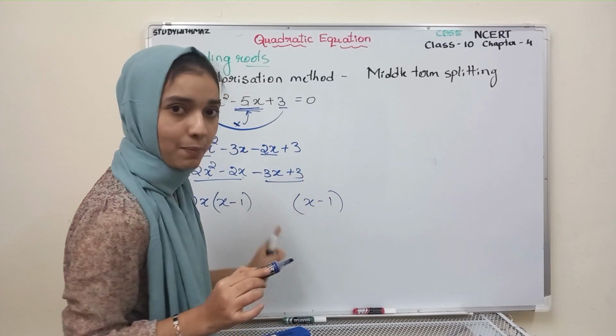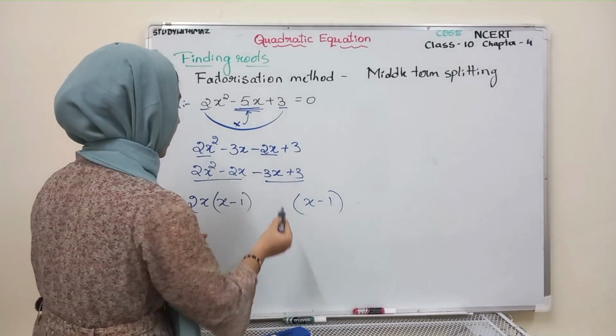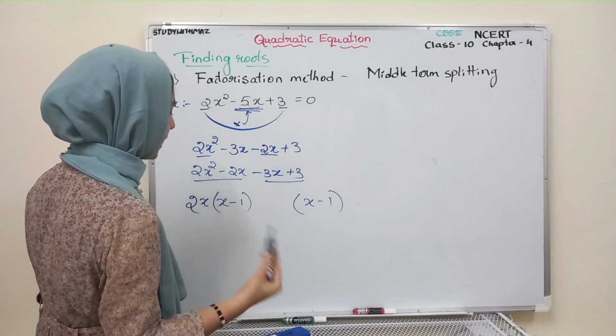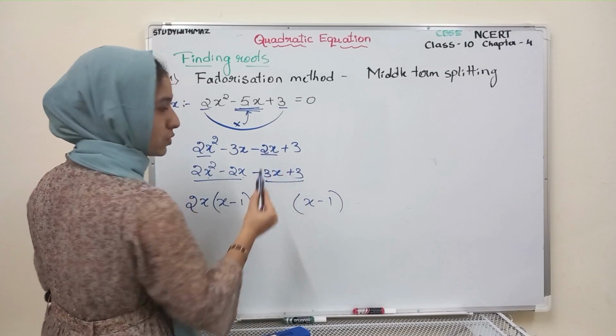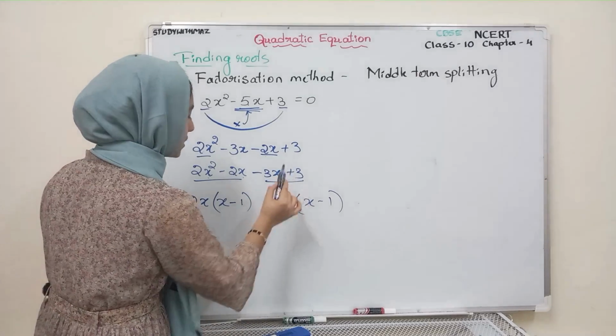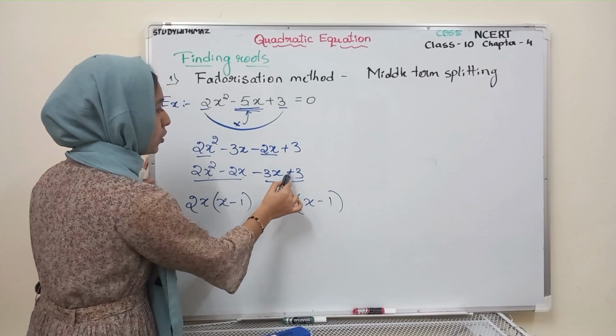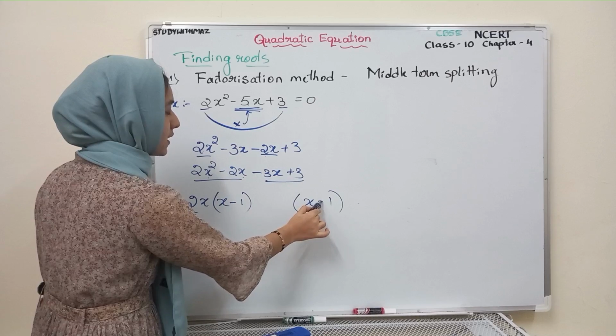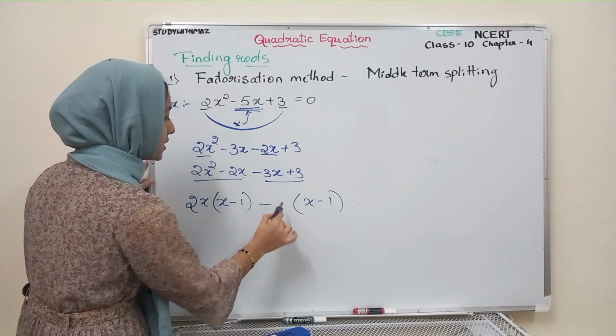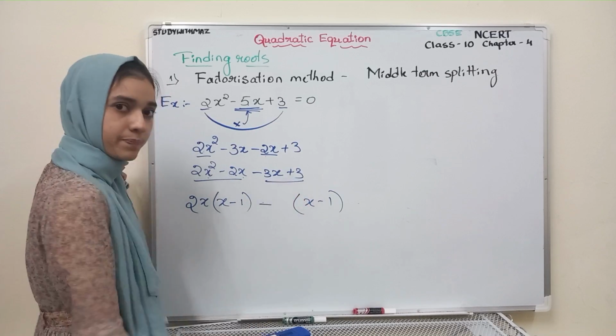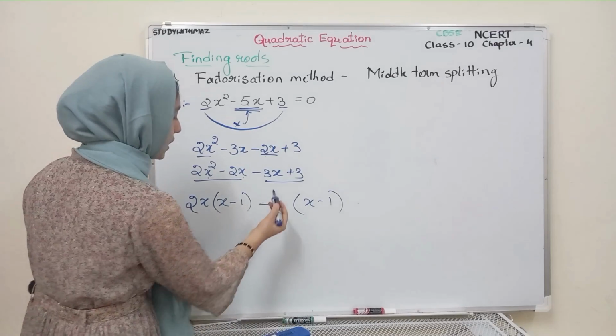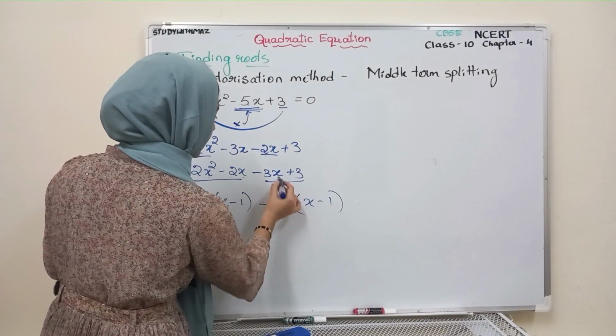उस तरह से आपको इसका common निकालना है. कैसे निकालोगे? Here plus you want, here plus you want, here minus you want. To get plus, here minus is there. Which sign will you multiply with this? Minus. Minus minus plus. Get it? Yes. तो यहाँ पे x चाहिए, x है.